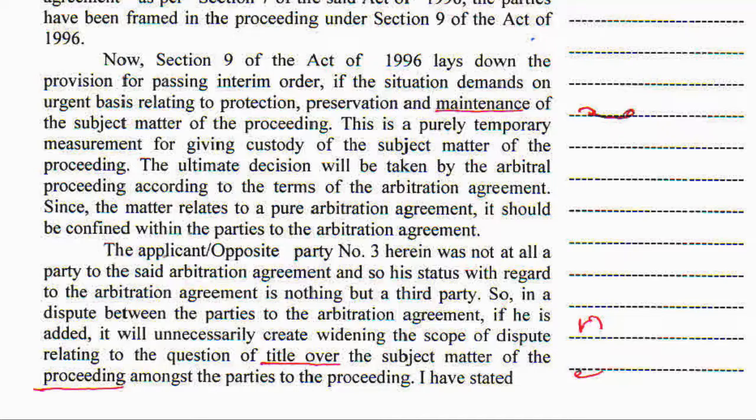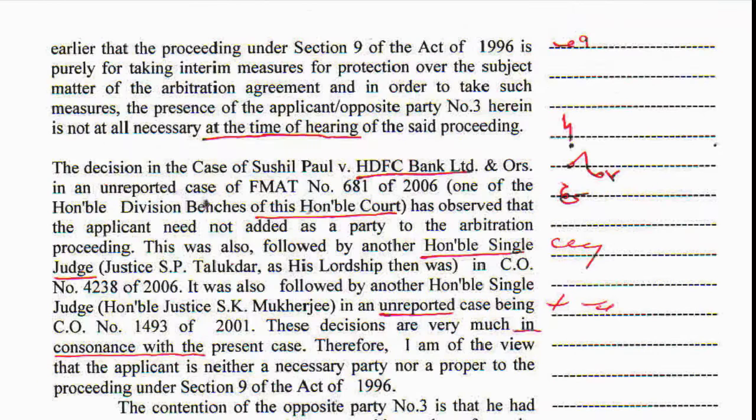These decisions are very much in consonance with the present case. Therefore, I am of the view that the applicant is neither a necessary party nor a proper party. Earlier, that the proceeding under Section 9 of the Act of 1996 is purely for taking interim measures for protection over the subject matter of the arbitration agreement, and in order to take such measures, the presence of the opposite party number 3 herein is not at all necessary at the time of hearing of the said